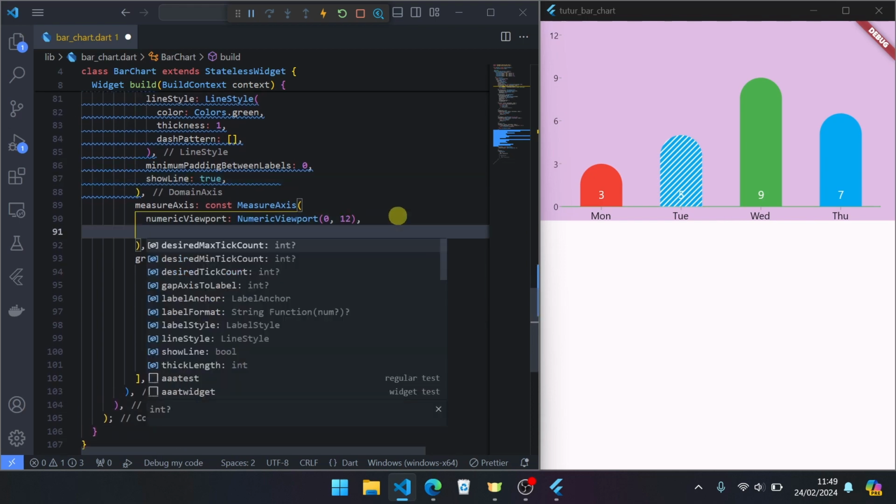Next is the measure axis. Desired max tick count sets how many ticks to be shown. There are options: you can use max tick count, minimum tick count, or fixed tick count.